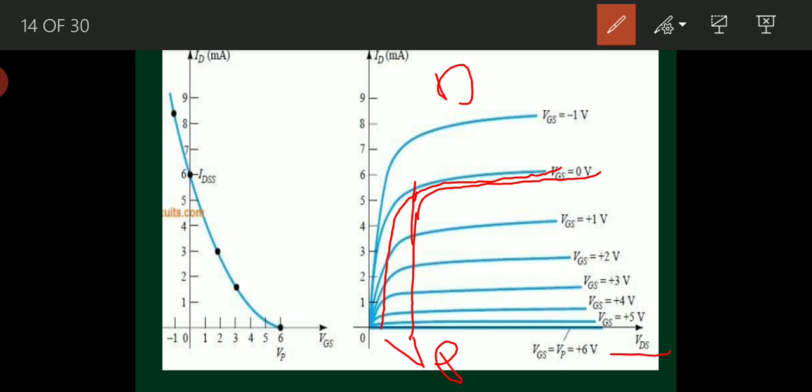These are drain characteristics and these are transfer characteristics. Now we are going to draw drain characteristics. Drain characteristics means VDS versus ID, output voltage versus output current. So drain characteristics are the characteristics plotted between output voltage and output current for different fixed values of input voltage. So this is the first condition, case 1. Let us move on to case 2.